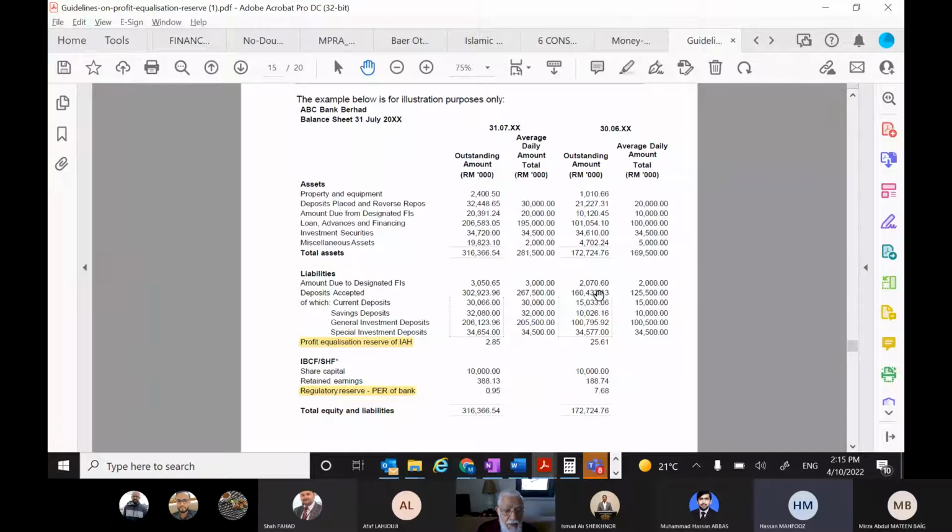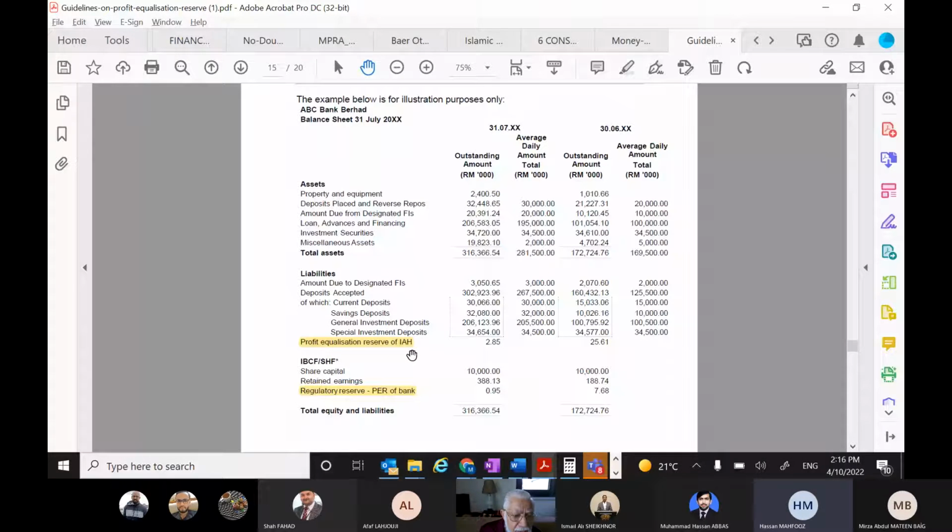Balance sheet, how the PER appears in the balance sheet. So I found a balance sheet online. Its name has been hidden. So under the liabilities, as you can see on my screen, we have the profit equalization reserve,